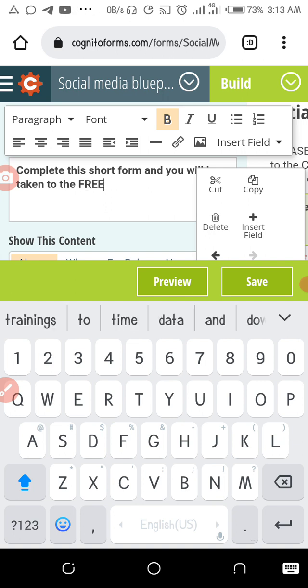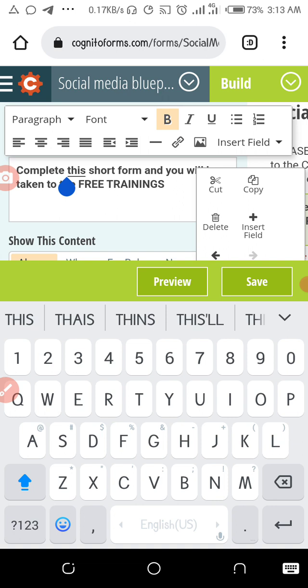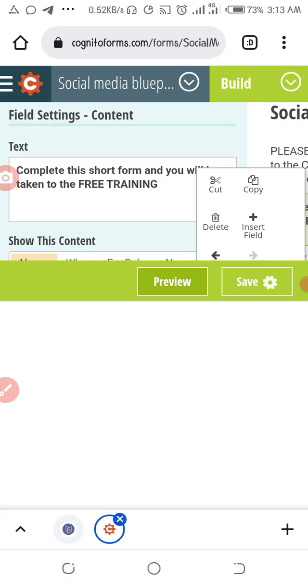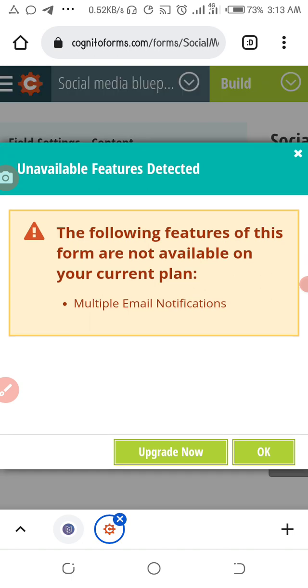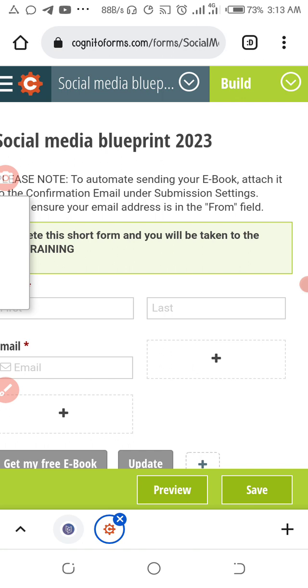Okay, so if you want to send them to the training ground, you can just say something like, put in your correct details and you get access to the training, or something like that. So you go to save. I always go on OK. Alright,